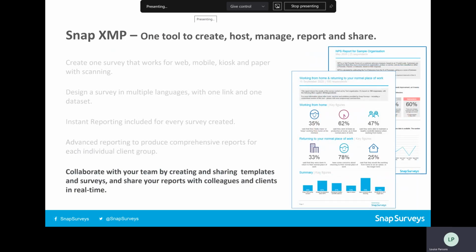The collaborative capability of XMP allows you to share templates, surveys, and folders with colleagues and other Snap users, while also allowing you to share results and reporting with clients should you require, because you can control the level of access that they have. There's also an activity history, so that's all recorded and logged so that all the researchers are able to see if you're sharing a survey with another researcher, when changes were made, and by whom.